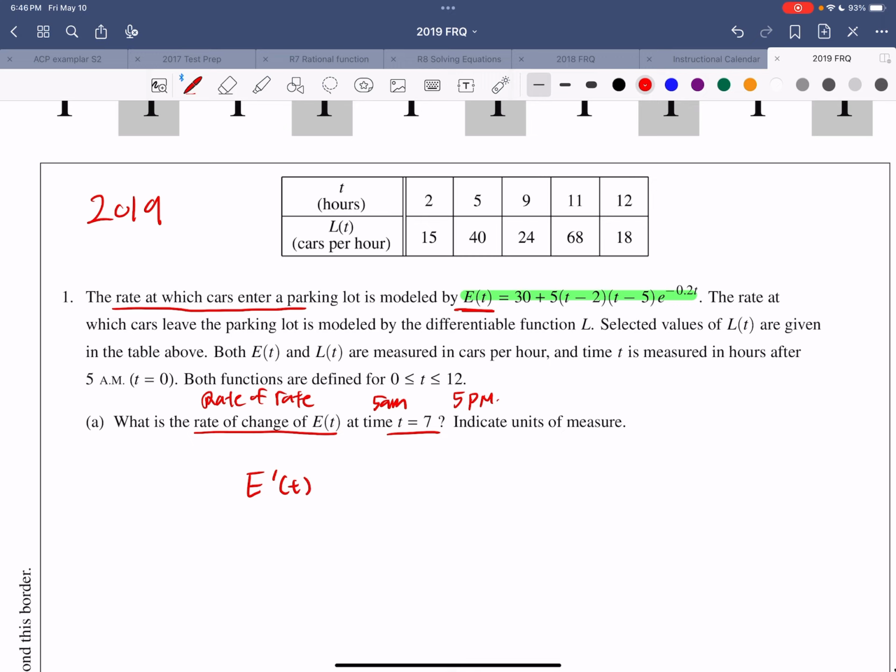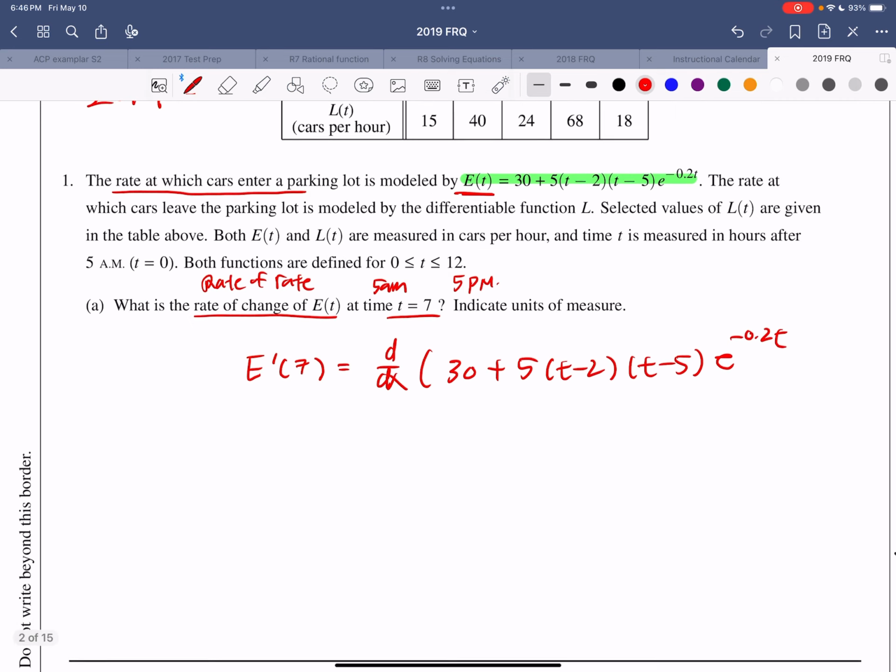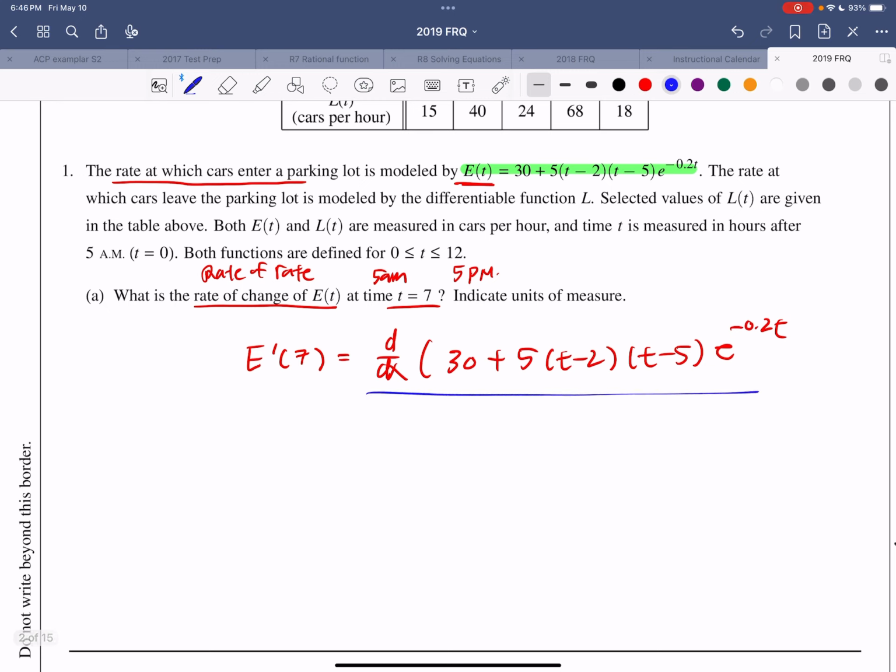At 7. First, on your calculator, you must write it like this, dx. I'm not sure if you have to write all of this portion. Obviously, you are not going to do this by hand. You will just use a calculator. But while you're studying this one, just write it down so that you understand what's going on. It's nothing but menu 4 1, and when you do it, you should get 6.164